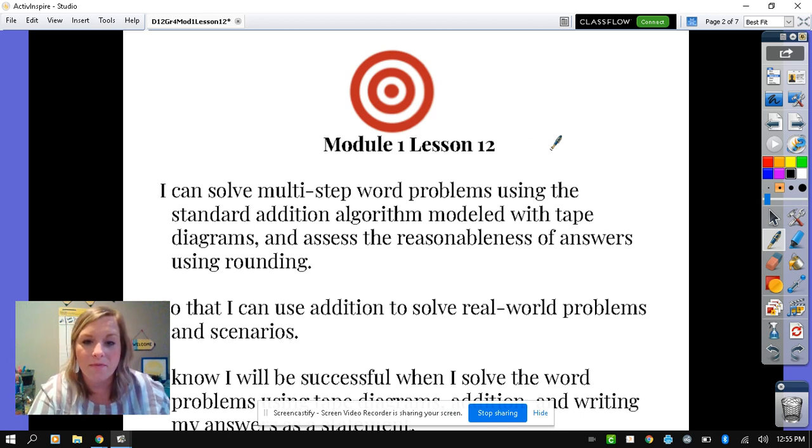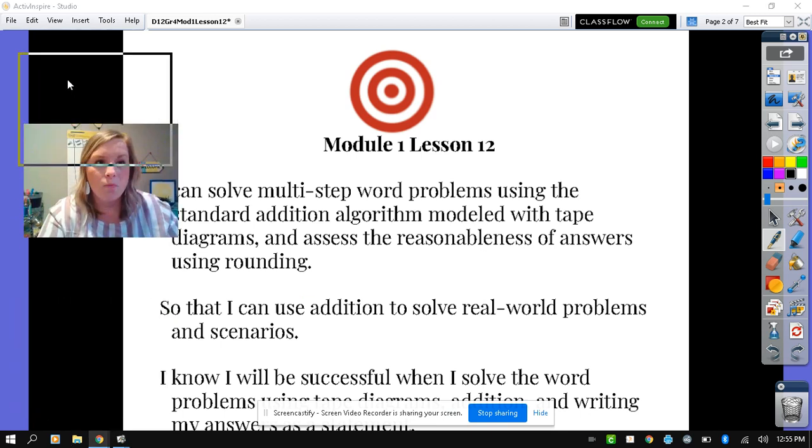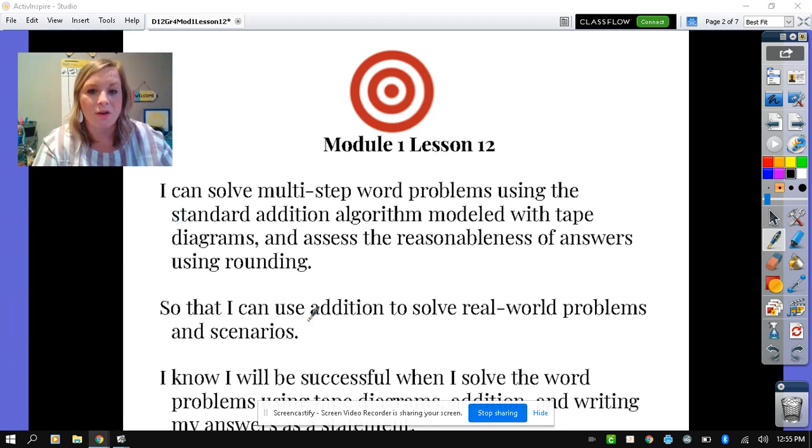Now, those are a lot of big words, assess the reasonableness. What this means is we're going to round the numbers to see if we're close to our answer and see if it makes sense. When we start working with really big numbers, we have to think if what we solved truly does make sense for what it could be when we round. We're going to do this so that we can use addition to solve real-world problems and scenarios,